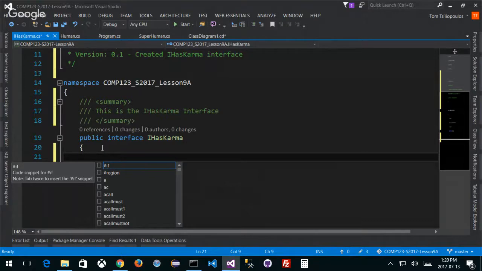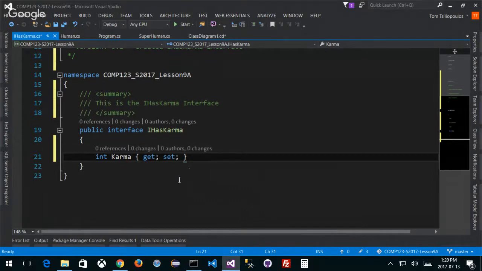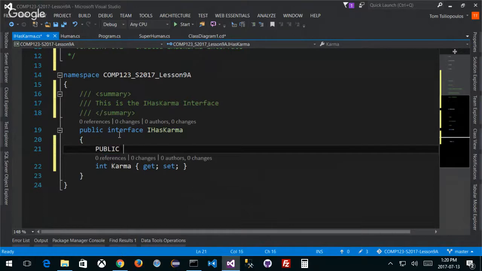And I'm going to put in the property. So the property is going to be what? Karma is going to be an integer, and it's going to be called karma. And I want to make it a property, so I'm probably going to have something like this: a getter and a setter. Okay, cool. Uh-oh. If this is my public properties for my interface,